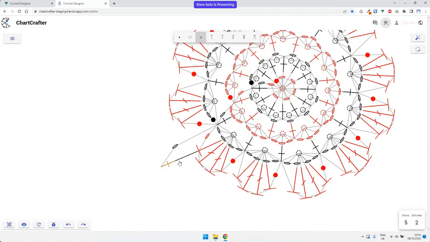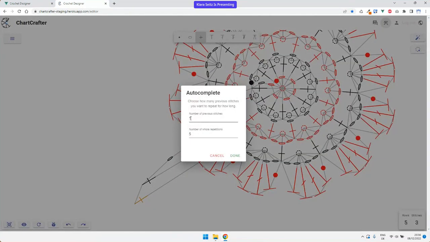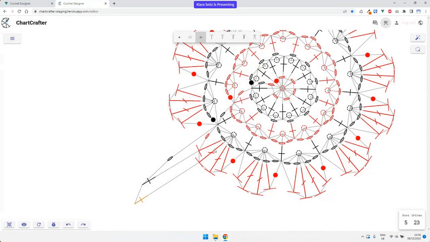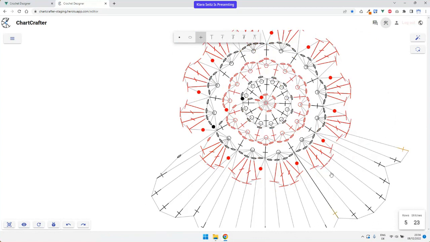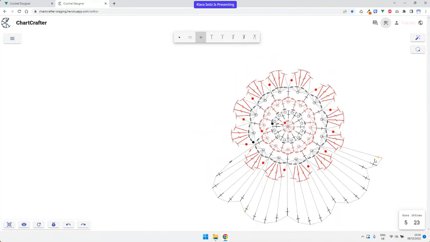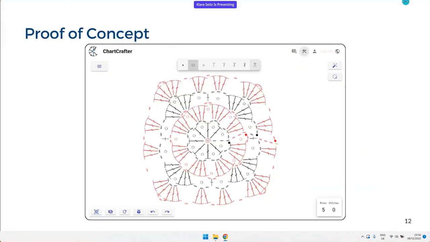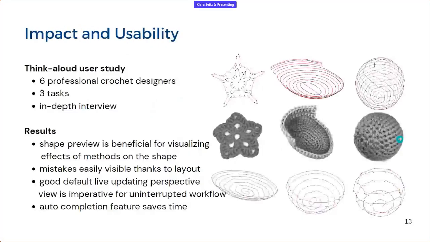You can imagine it like digital crochet, let's say. You're actually digitally crocheting here in this editor, and you can even use a function, we have here a function called autocomplete. We can repeat this last stitch, let's say 20 times, and then we should see in a second that it went all the way around, because it's crocheting all into here. If we had completed the round, it would also be able to give a nicer layout. So, going back to the presentation,